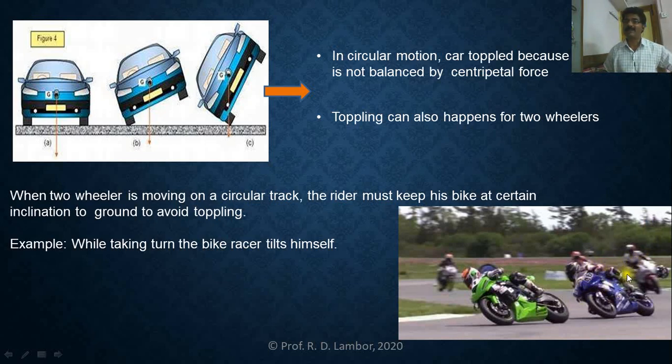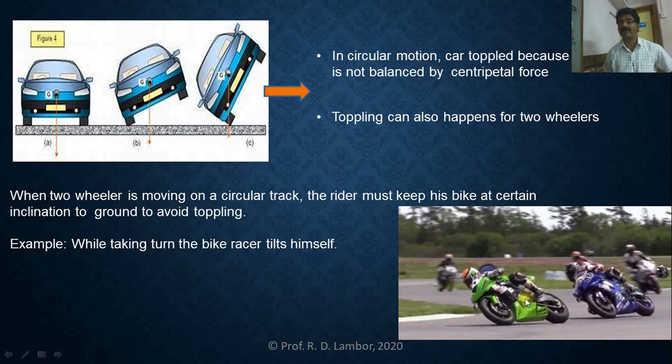See this rider, this one. You can clearly see in this diagram, the rider has tilted himself for what? To avoid toppling, so that the forces acting on the bike rider always remain balanced. And this one,